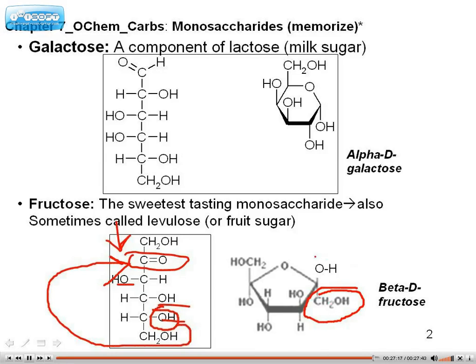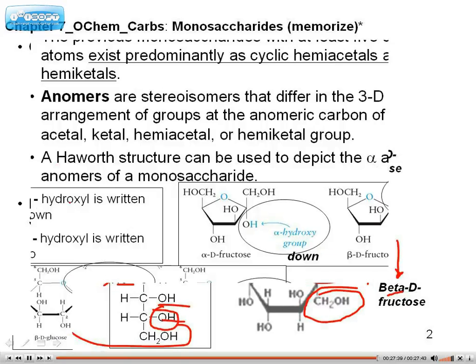CH2OH. Notice we have the other OH, the brand new OH formed. If the OH is facing up, then it's beta. If the OH is facing down, it's alpha. So this is an example of a beta D-fructose. Fructose is the hardest one to get down, so make sure to practice that one. Let's go ahead and move on to the remaining slides. We talked about the